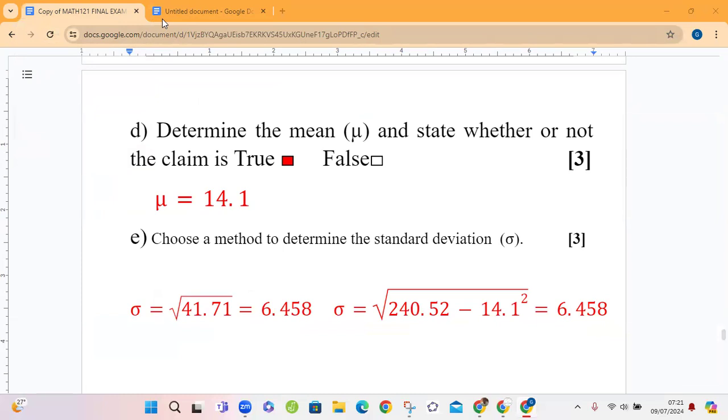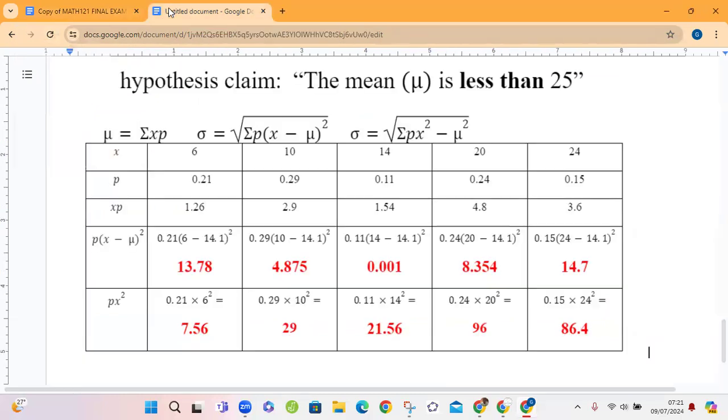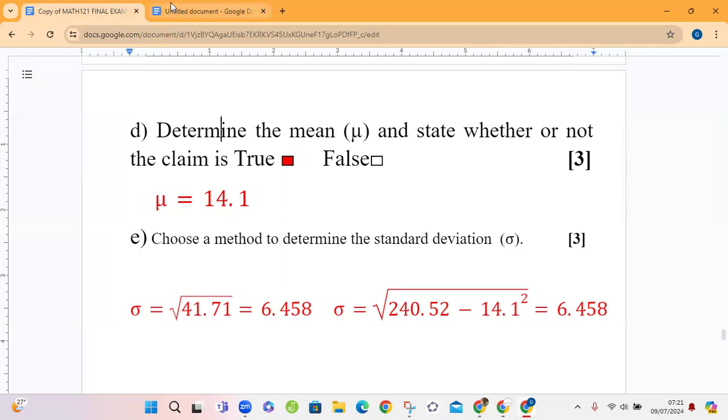So it's all a matter of pausing, rewinding, replay, and so forth. Putting pen to paper and doing your calculations. And that's how you practice using this video and also the written solutions as a help to practice